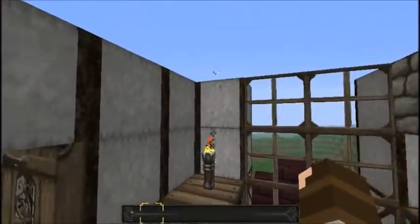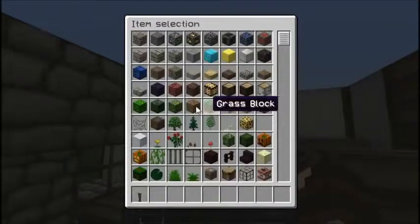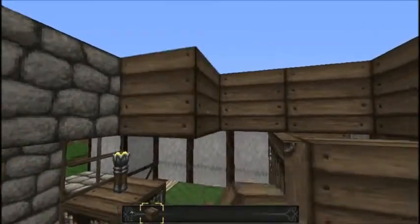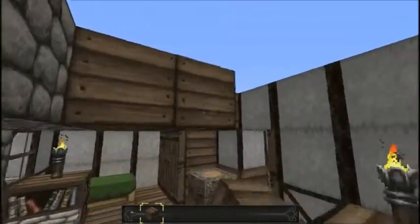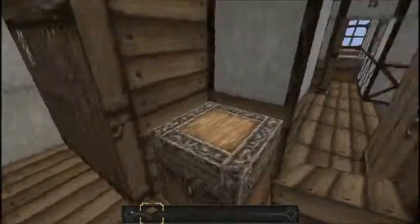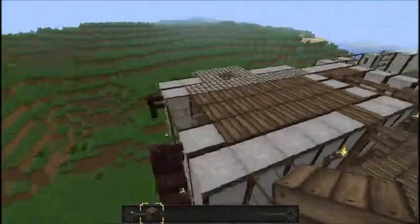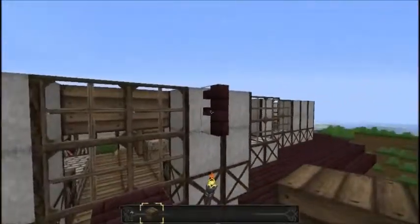Actually, I filled this with wood at this level, so just regular wooden planks. Just sort of filled it all in and made it a little bit cozier. And part of the reasoning behind it too is that you had to have it this way for the next level, because the next level is sort of sunken. The reason I had to do that was because this window here,